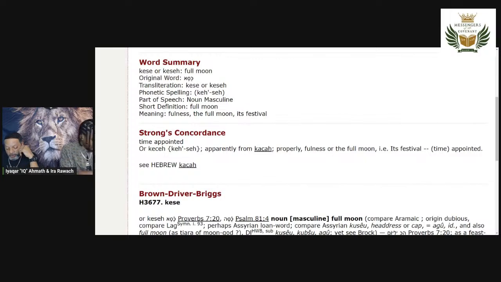So it says, blow the trumpet in the new moon. So there's appointed times that we blow the trumpet. Number one is to establish a new moon. Number two is in the time appointed, because there are some solemn days that we have at appointed time, which is, if you see on here, it says during the time of the fullness of the moon. So what feast do we have when it should be a full moon?